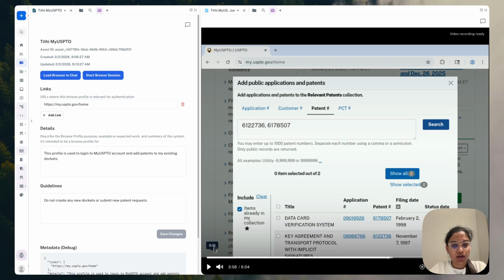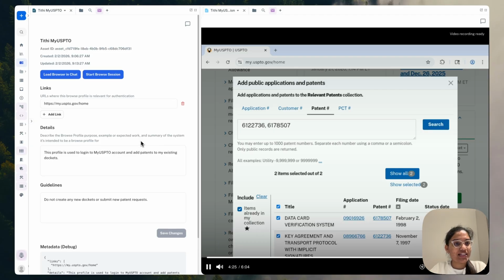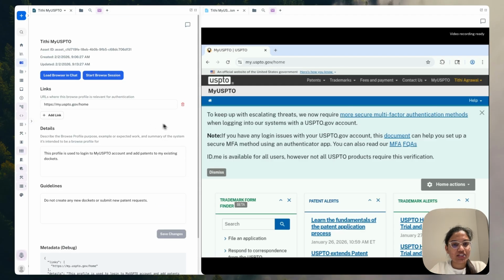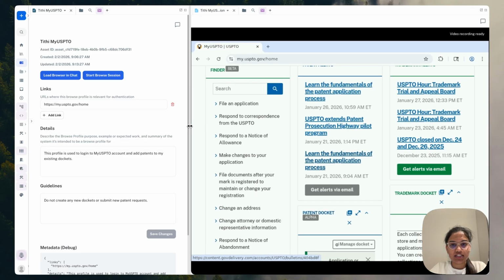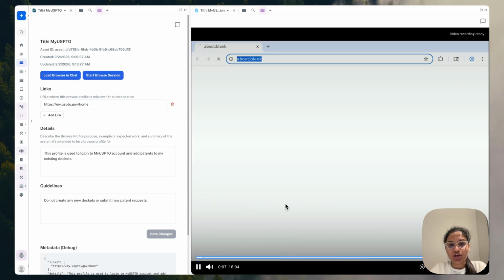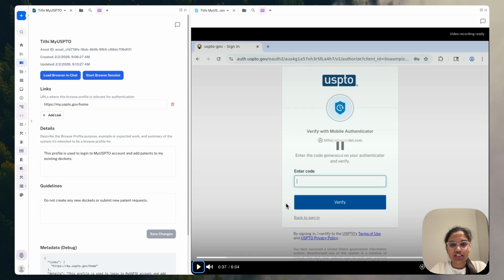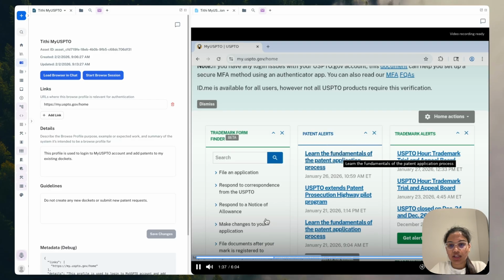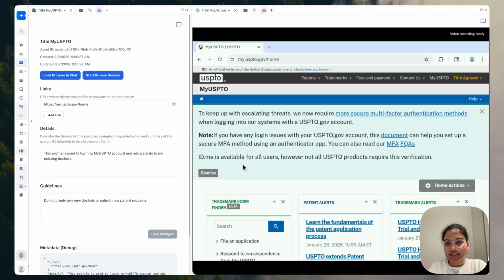Today we'll be learning about how to use browse profiles in Athena to log into licensed resources and websites which require login credentials to implement workflows just like a human would do. What you see on my screen here is Athena logging in to my USPTO account and adding some patents to